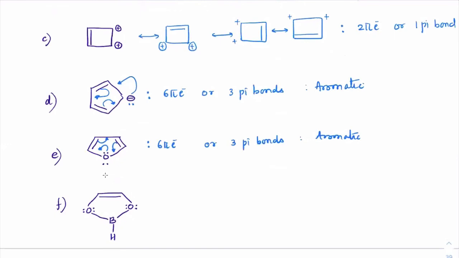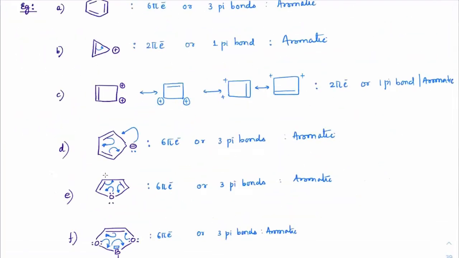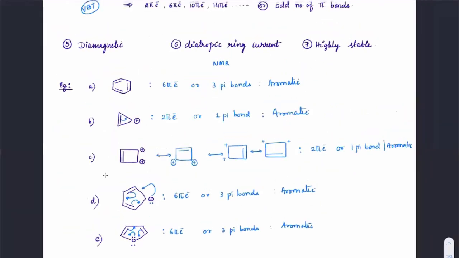Okay, same way there is an empty orbital in boron, so that will accept electrons. So these electrons can move here. From that, electrons can move here, and from here they can move here, and from here they can move here. So you can see that this lone pair is a participant, this lone pair is a participant, and this pi bond is participating. So I can have 6 pi electrons in the ring, or 3 pi bonds. Okay, everybody, any doubt you can ask me now. First make a note of this.